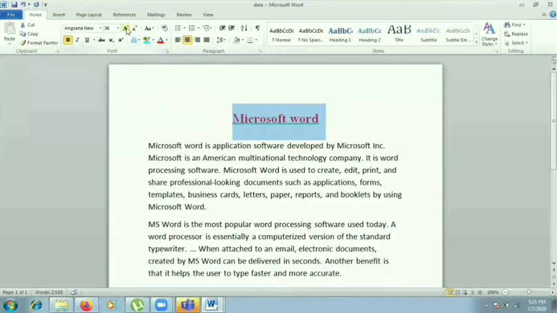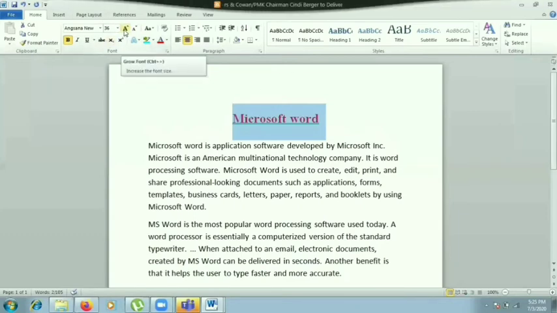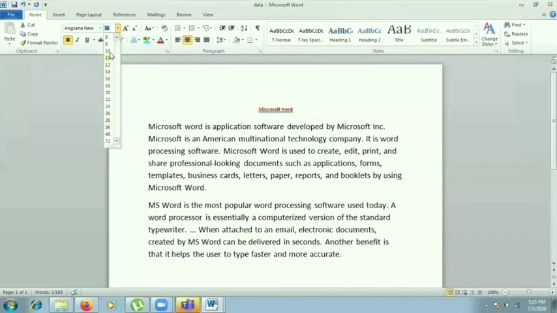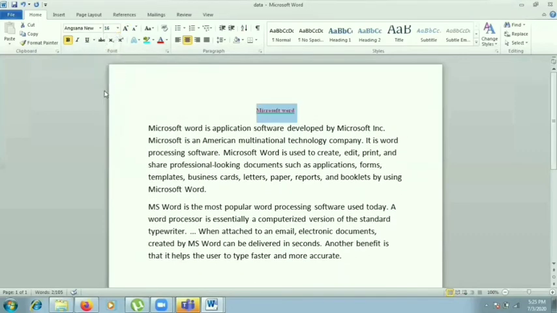This one is for increasing the size, and this one is for decreasing the size. So you can use the shortcut key or you can use it from here. You can see the list is also here. So according to your requirement, you can change it. Clear?